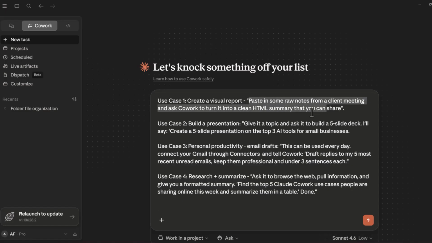You can tweak the results if you're not happy, and you can do follow-up prompting and instructions as well. Second use case is to build a presentation. If you want to teach a topic or give a presentation in your office, you give it a topic and ask it to build specific slides, maybe 10 slides, 5 slides or 15 slides, whatever your requirement is. And then you can give it a follow-up,